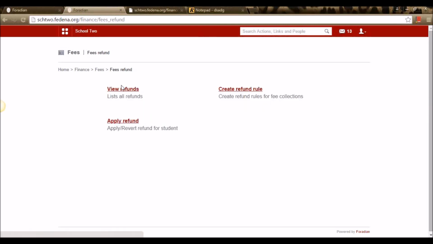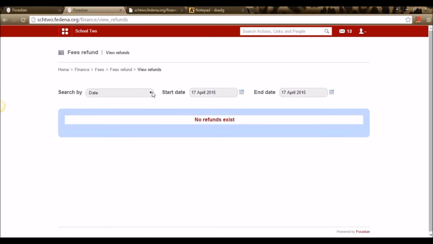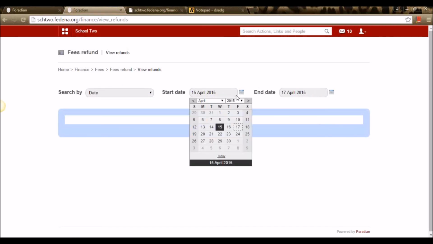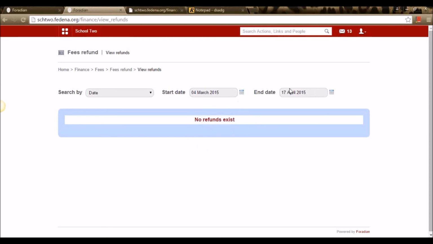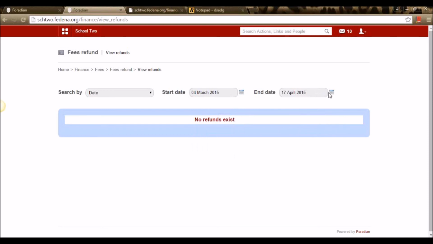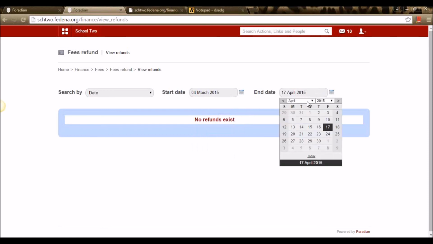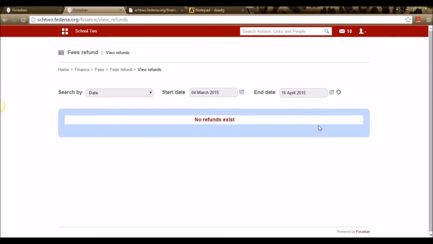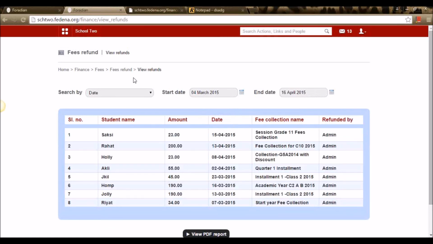Let's see the view refunds for the date. For start date and end date, we need to select a particular date to see the refunds that we've already done.